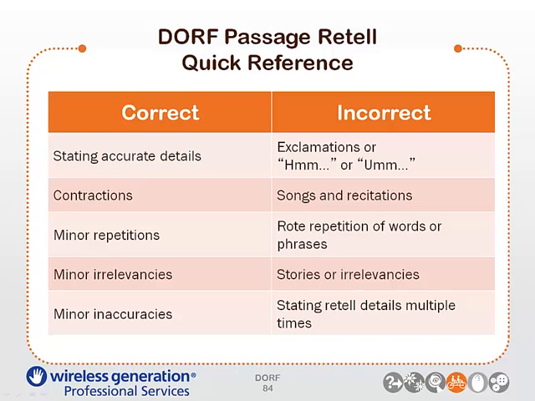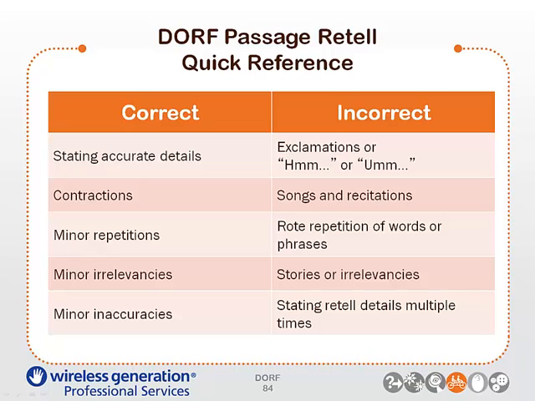For the passage retell, here are some of the things that you would count as correct: stating accurate details, contractions, minor repetitions, minor irrelevances, minor inaccuracies. Some things that you would not count would be exclamations, songs and recitations, rote repetition of words or phrases like "and,"